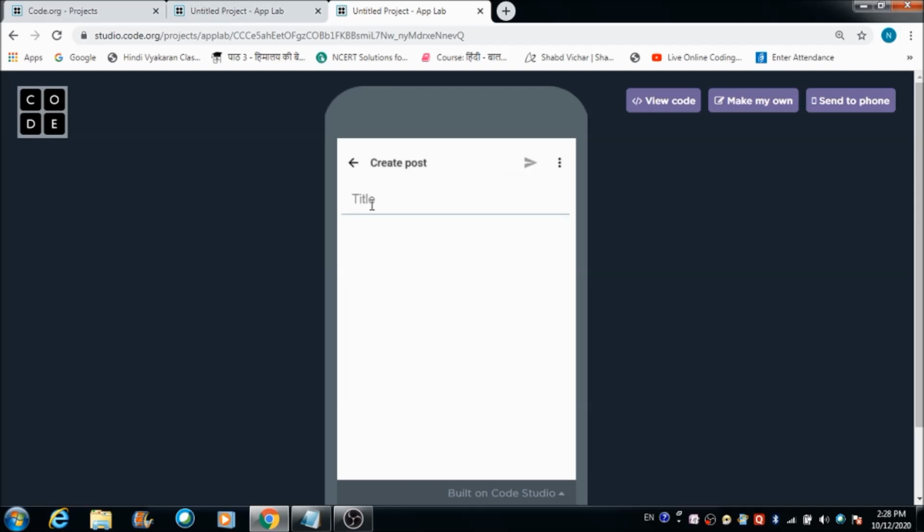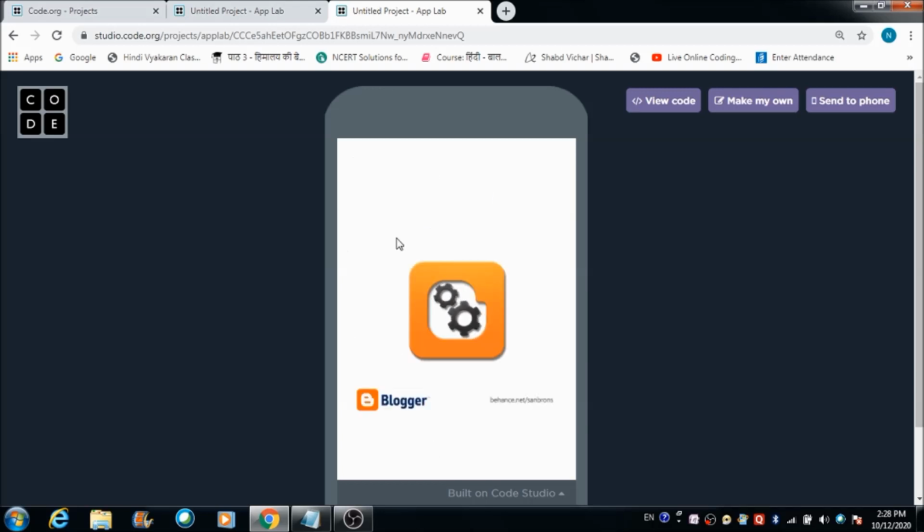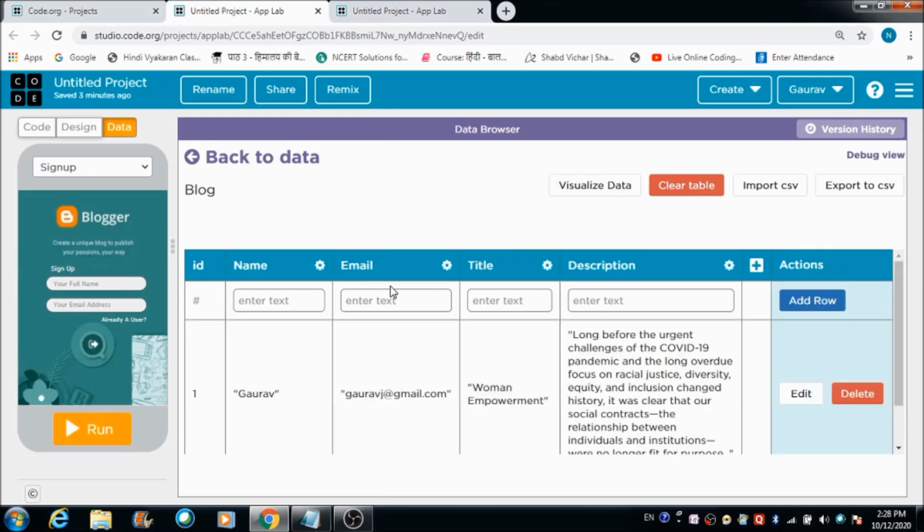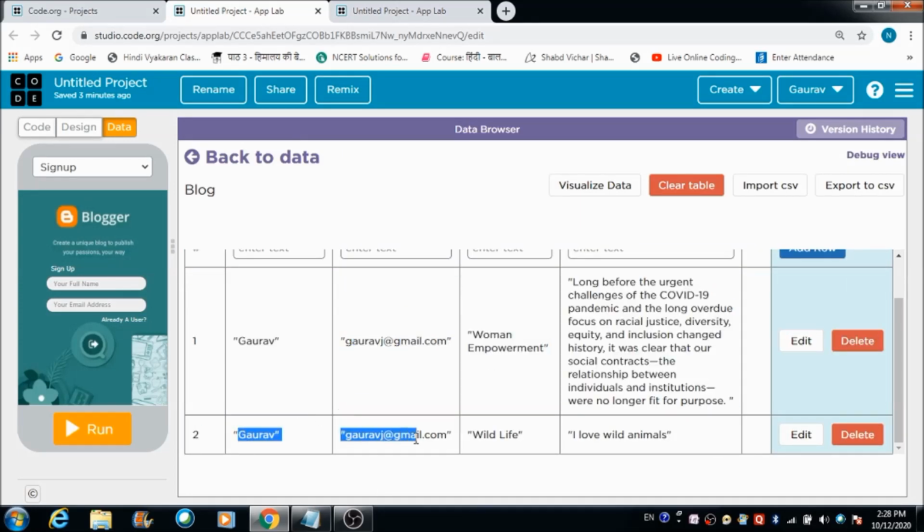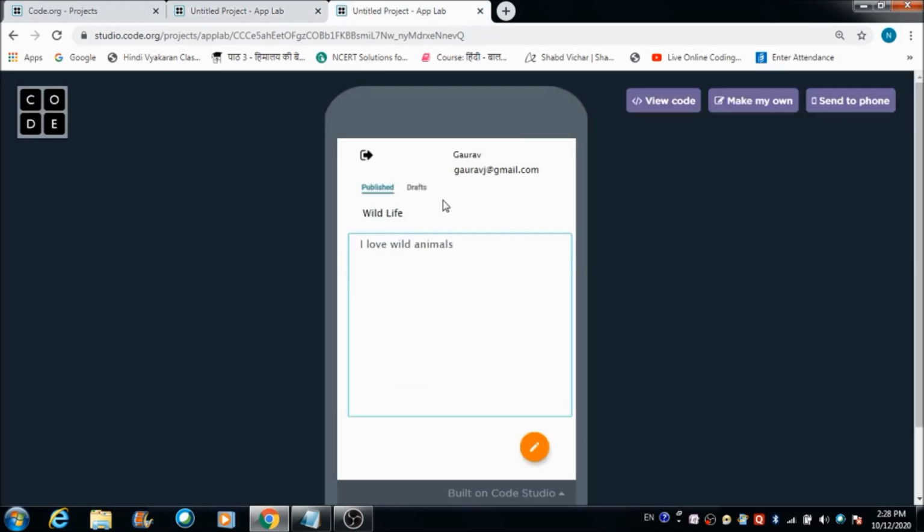Let's create another blog. This is a small title that I've given to my post, and this is a small description over here. Let's hit this send button and see what's going to happen. I've got redirected on this screen. The second post has also got successfully created. Now let's see what's going to happen when we hit this screen. We are able to see our second post here. Let's now log out from the app.